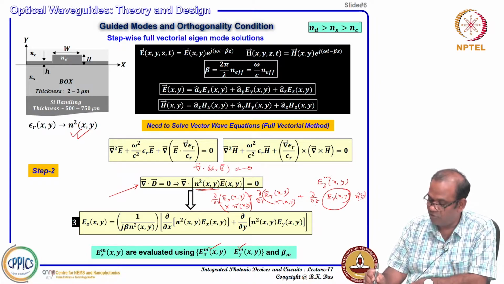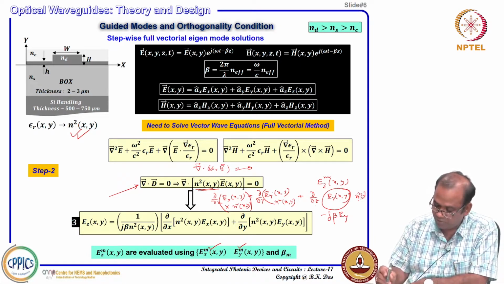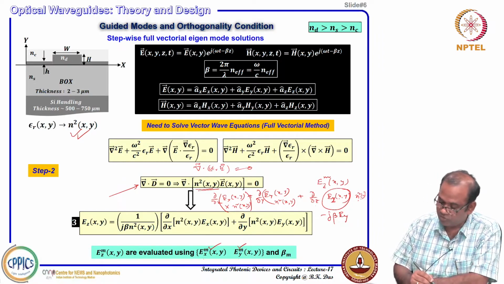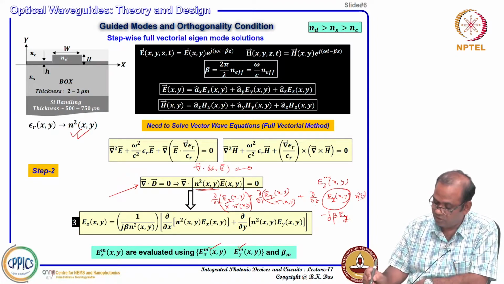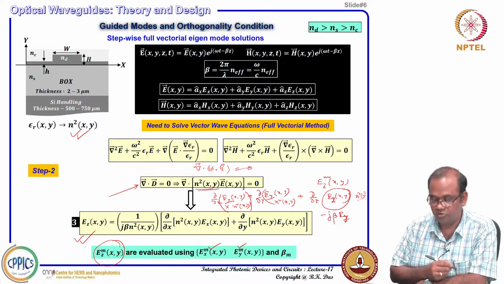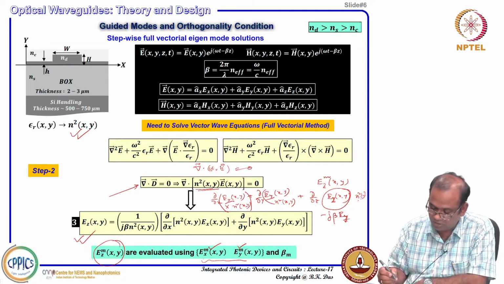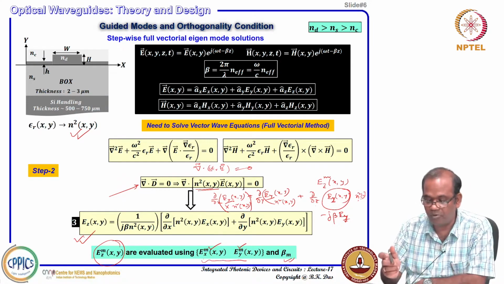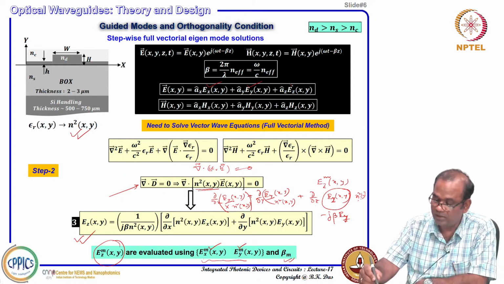So, you are operating on an eigenvector, and del z can give you minus j beta times the field. Okay. So, using that you can find the value of Ez. So, del z Ez, this is Ey, this is Ex. So, Ez you can find, the z component, and if you start with the mth eigenmode, then whatever you are getting will be Ez_m. So, for a set of eigenvectors solved using the first two differential equations and using beta_m, you can find Ez_m. So, that means all the three components Ex, Ey, Ez are solved now,